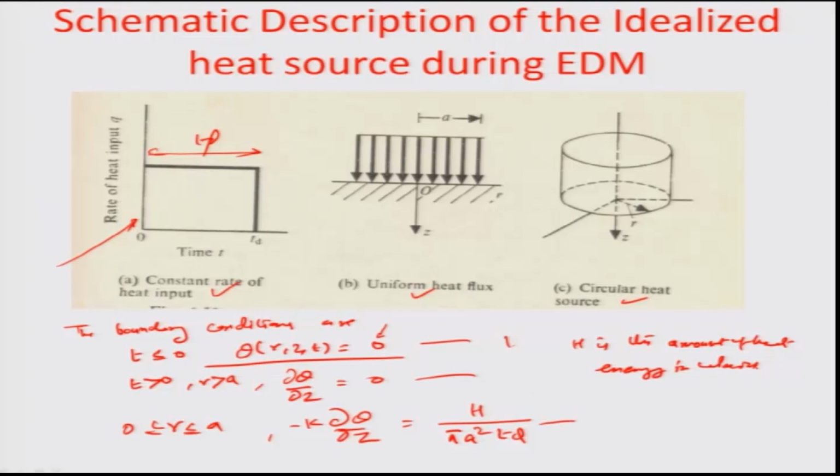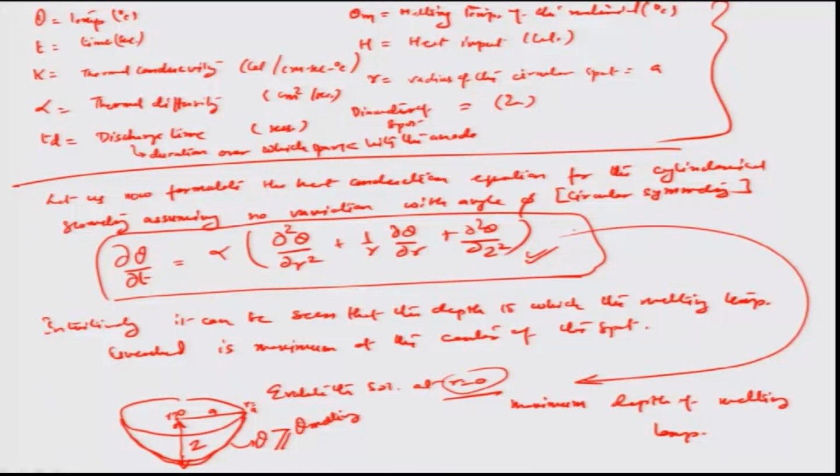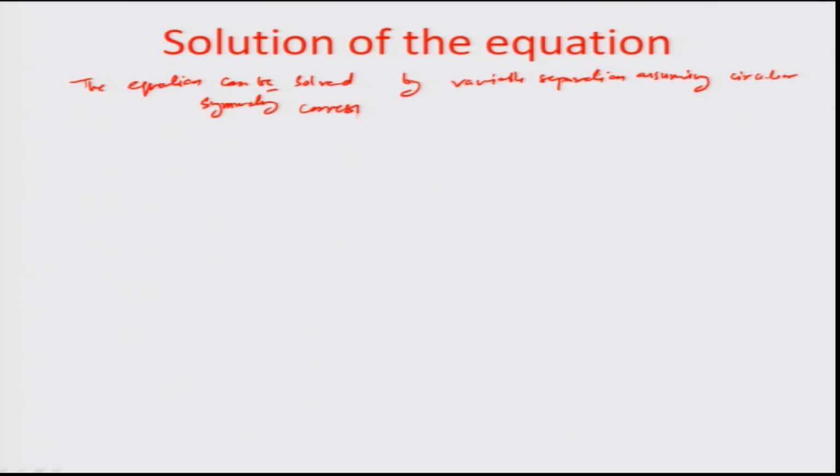So, these are the 3 boundary conditions that can be used to evaluate the governing equation that has been written in the section here, and the equation can be solved by variable separation or some other technique. Assuming no variation in theta or no variation in phi, or assuming circular symmetry, and corresponding to the spark center r equal to 0,